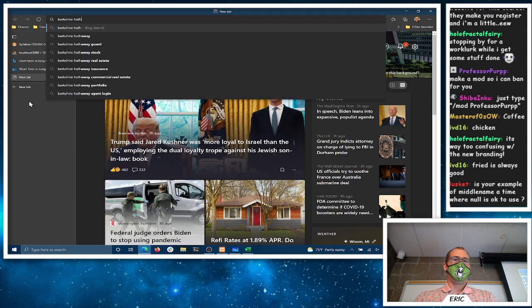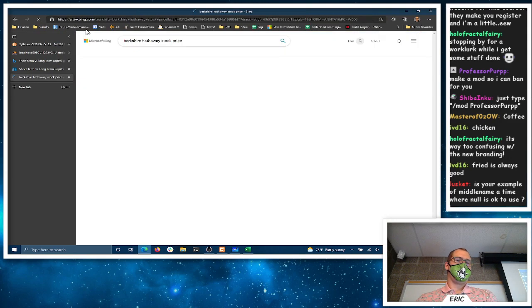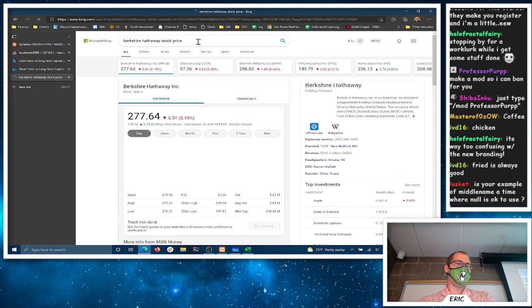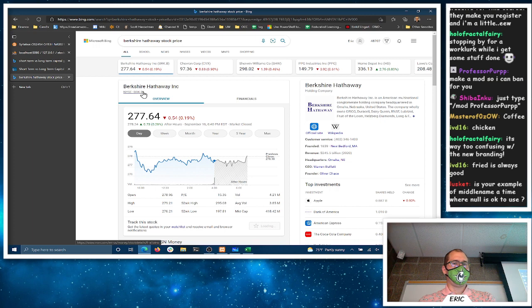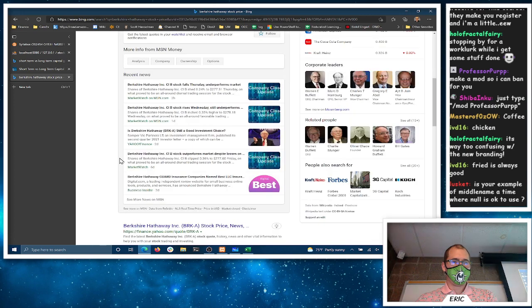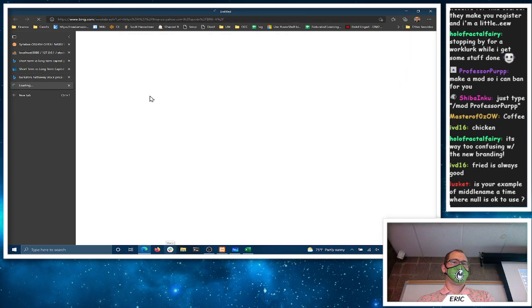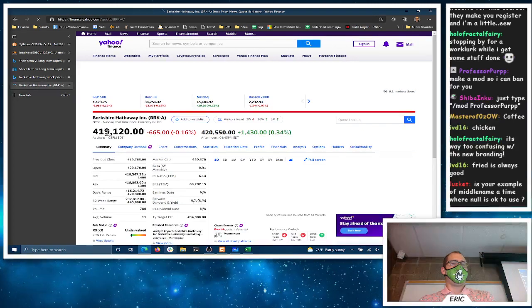Berkshire Hathaway stock price. The guy who runs Berkshire Hathaway, Warren Buffett, here, that's not the right one. Oh, that's Class B stock. We want the Class A stock. Yeah, this one here, Berkshire Type A. The stocks are weird. There are other classes of stocks and things. But Berkshire Hathaway Class A shares here are selling for